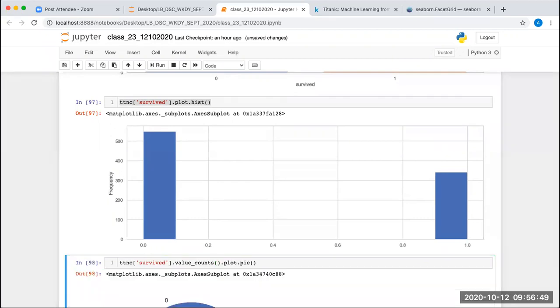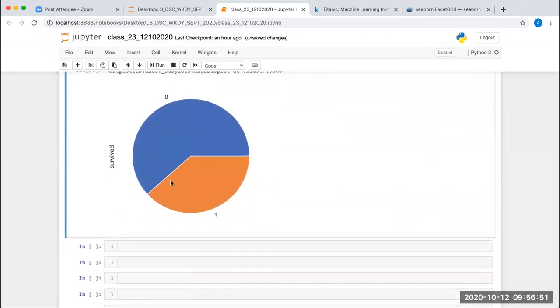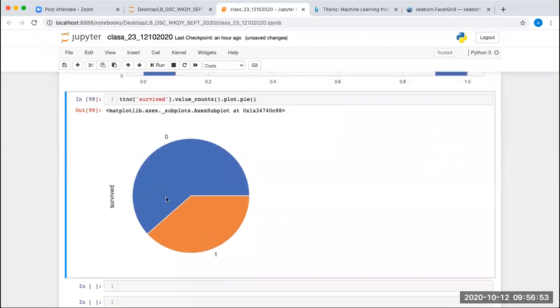Okay. Fine. So it is giving you the pie chart of how many people survived. It is not giving the number, but it is giving you the visual data that those who did not survive are large in number. Those who survived are less in number, less than 50% basically we can say.